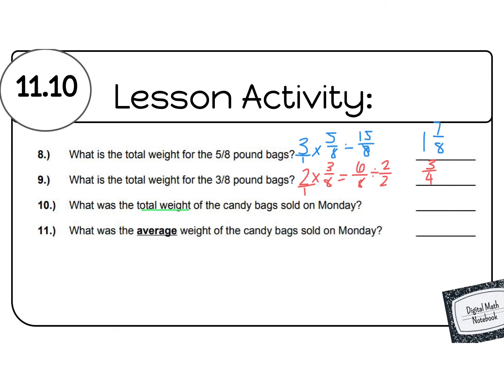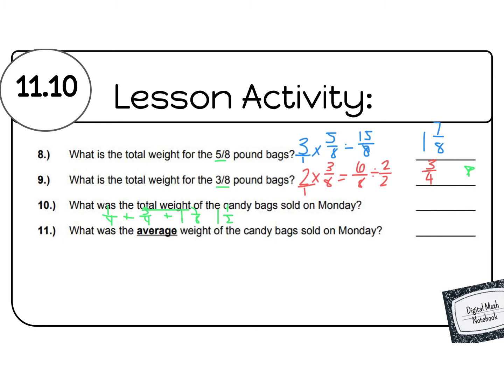Our next question asks us what the total weight of all the bags sold on Monday. That means all of the x's, because the whole graph was how much he sold on Monday. We've already found the 5/8 and the 3/8. We need to add the 1/4 and the 1/2. We only had 1/4, so we have 1/4 plus 3/4. That's our answer to this question here. Plus 1 7/8, which means we're going to have to change a denominator. And our last one was 1/2. 1/2 had 3 x's, so that would be 3/2 or 1